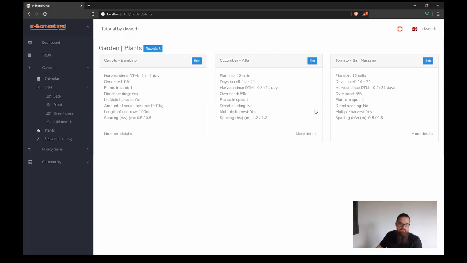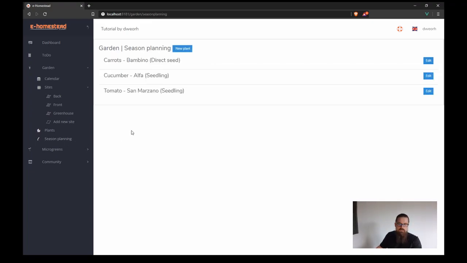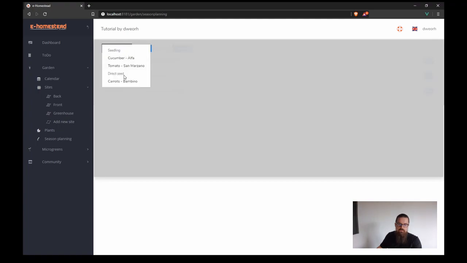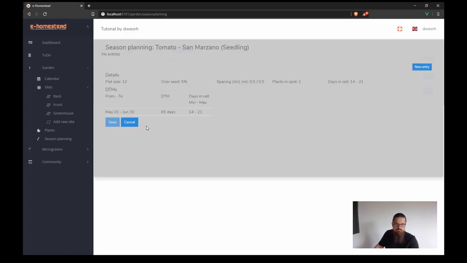So once we have all these plants defined, we can go to season planning, and we can see our plants. We can click new plant and select. As you can see, e-homestead already grouped them by seedlings and direct seed. And in this drop-down, you will see only those that you don't have any plants prepared so far. So let's take tomato. We can add new entry,